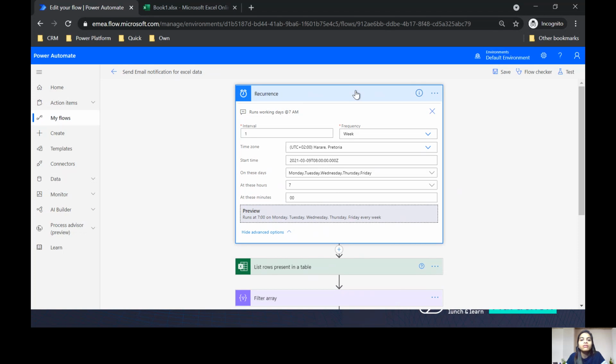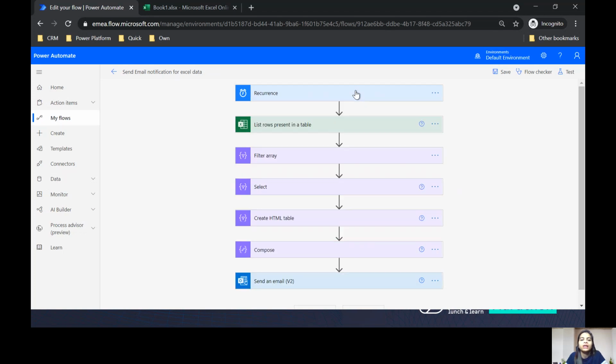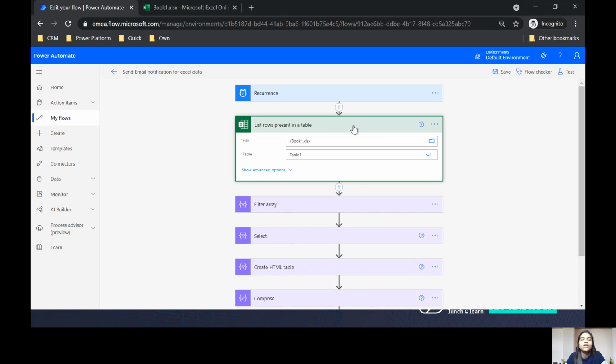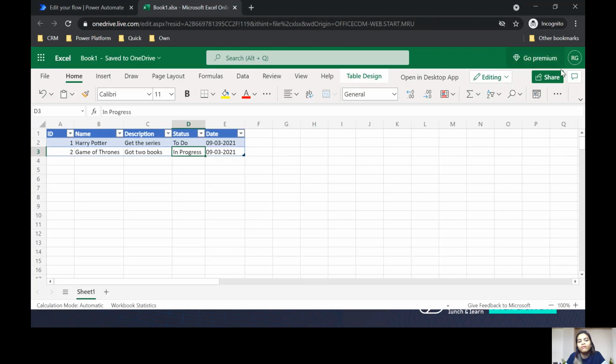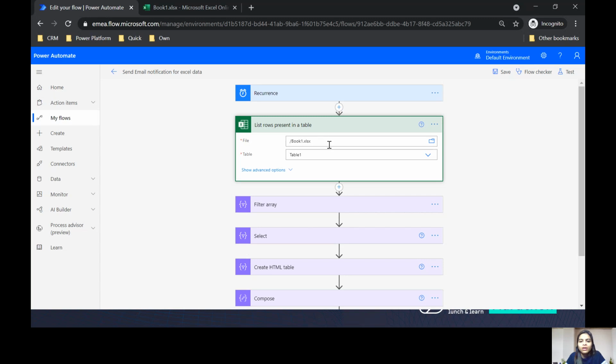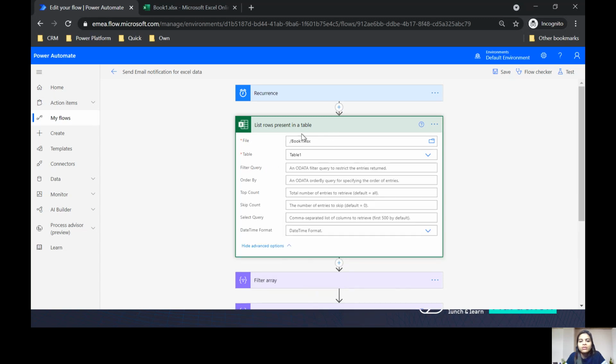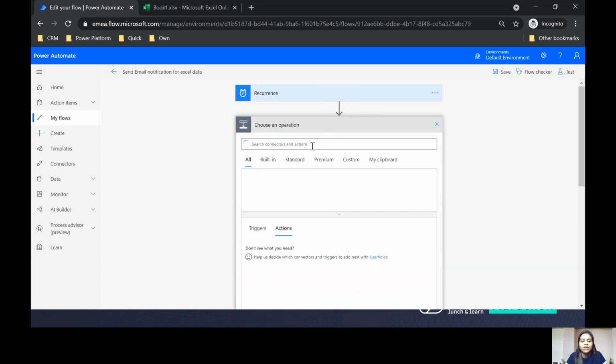Once I've decided when this flow will trigger automatically, I want it to get all those values from this Excel, right? And get the flow to do its work. So what I've done is I've made use of the Excel Online. How did I add it? I just went here, typed Excel,